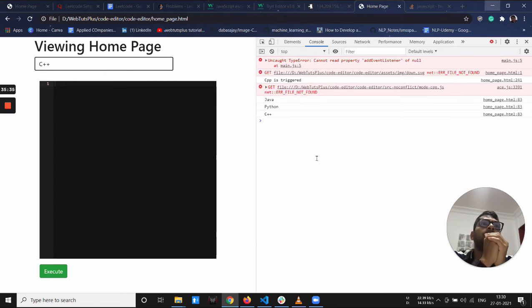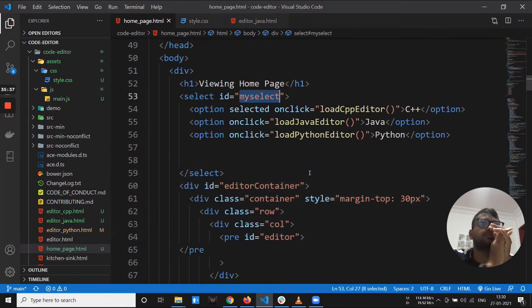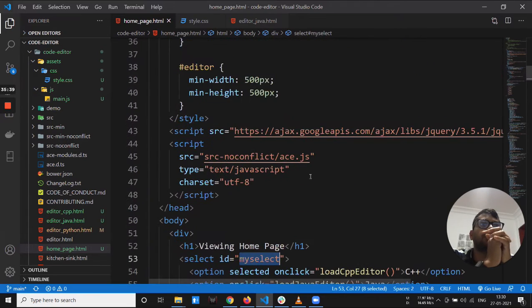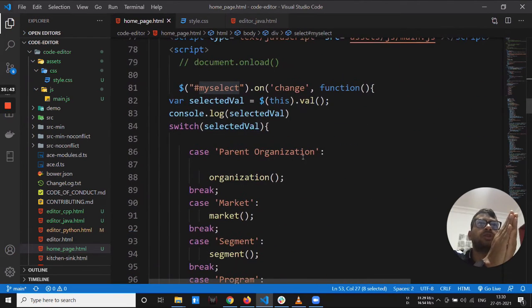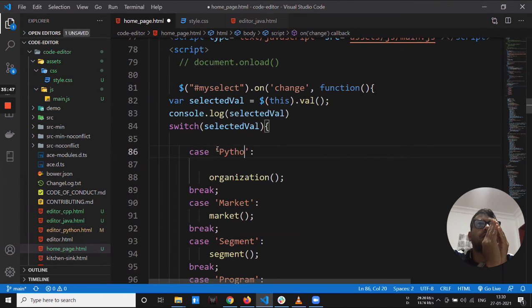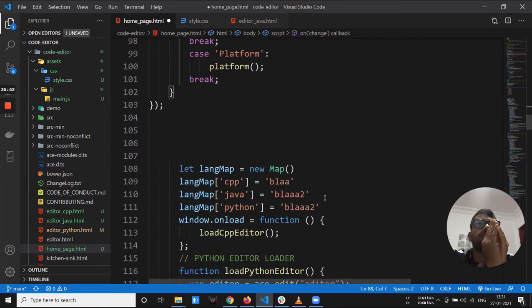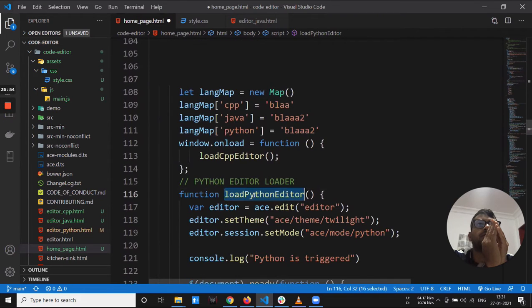Now when you get Python, just call the function. Go to the select, switch case Python. Just call your method, load Python again.